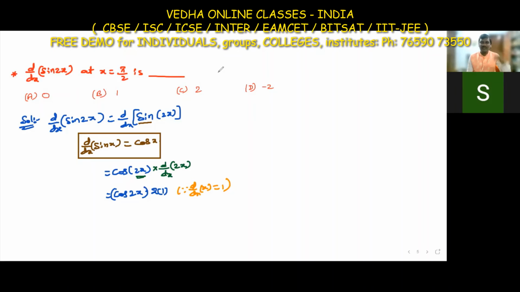This is the derivative. But we have 2x, right? Then should we do 2 into x to the power of 2 minus 1? No, x power 2 is 2 into x power 2 minus 1, so this is x power 1. 2 is a coefficient, we write it outside.